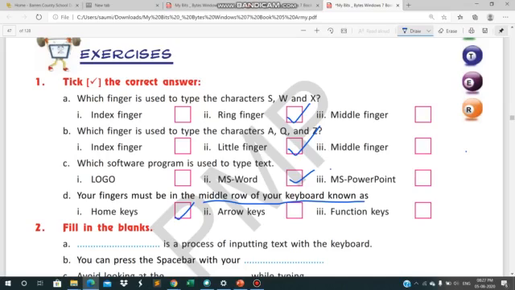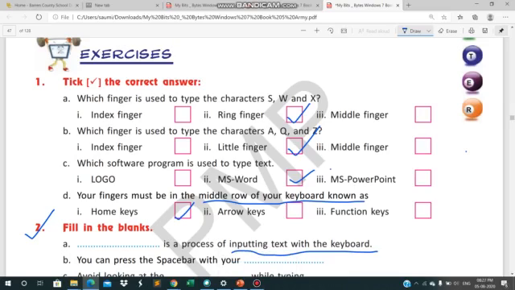Question number 2A: a dash is a process of inputting text with the keyboard. What is that process called? That process is known as typing.